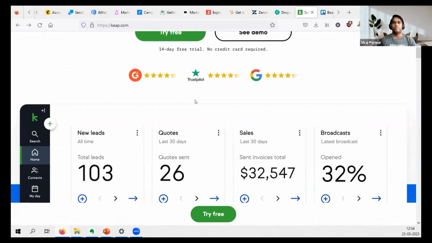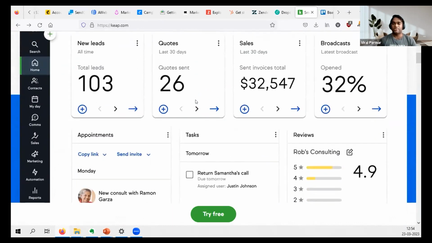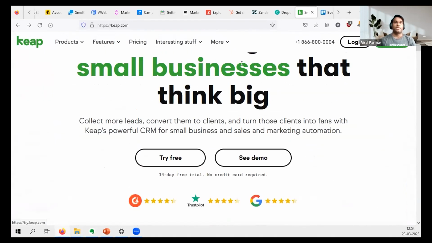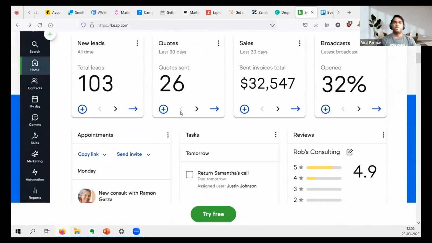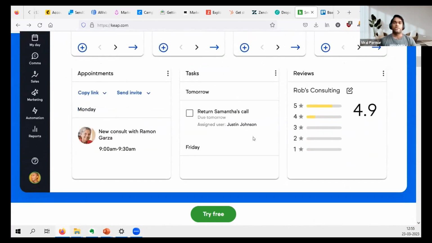So Keep helps make the whole CRM thing automated, most of the tasks. The things we do in CRM are most of the time manual work, where you have to take time and give some time. So if you want, you can automate all the tasks and everything. You can try this Keep website, which provides everything in automation mode. You can just automate the whole process, and it will be very easy to manage for you later on.